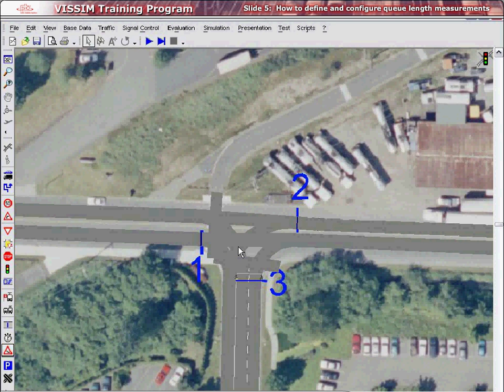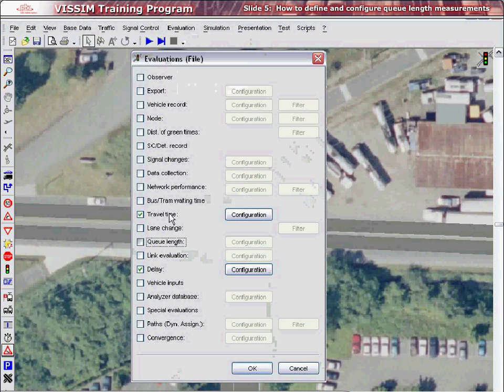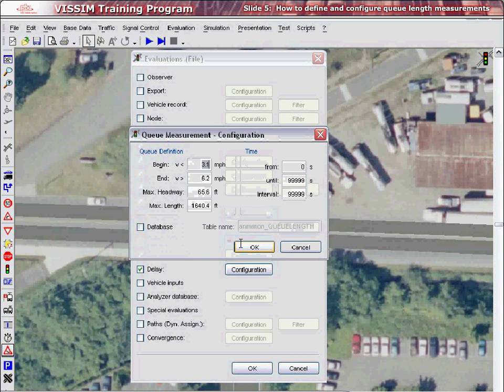After adding queue counters in the vSim network, you can activate the queue length evaluation by selecting Evaluation, Files, Queue Length. Once it is activated, you can access and set the queue definition by pressing the Configuration button. A vehicle is considered in queue condition if its speed drops below the begin speed and has not exceeded the end speed. The max headway defines the maximum distance allowed between two vehicles to be counted in the same queue,